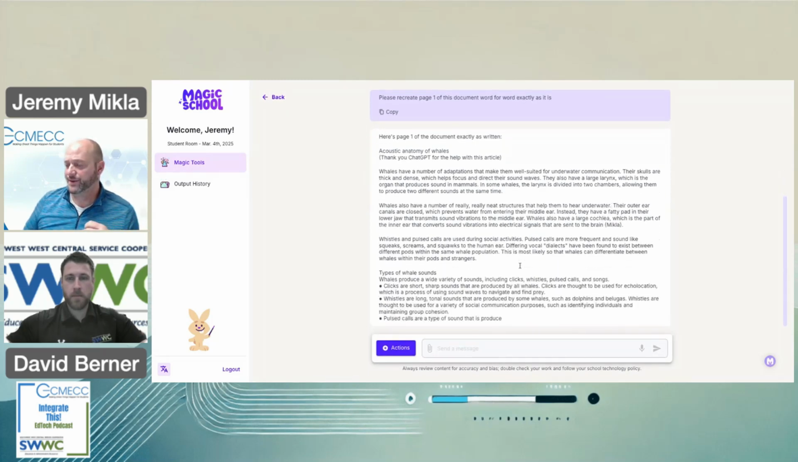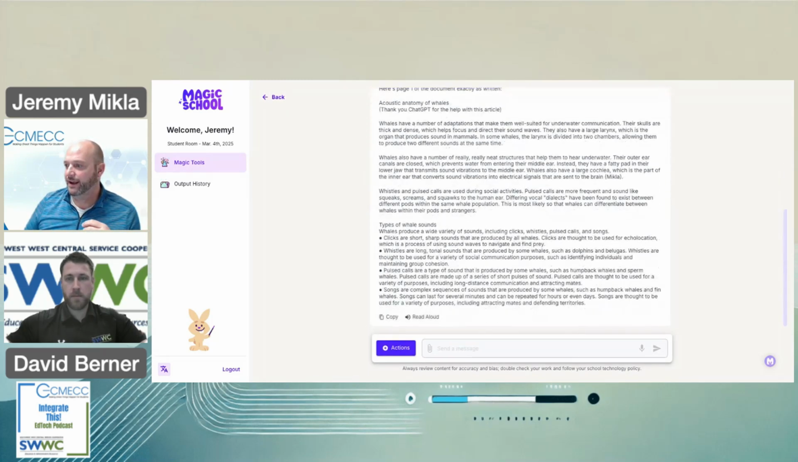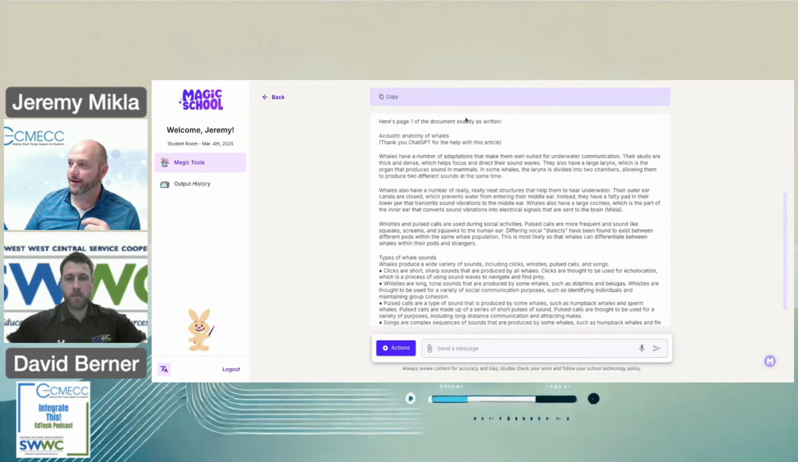So as soon as it is done typing in everything that's there, notice I get the read aloud button. And so if I now use read aloud,